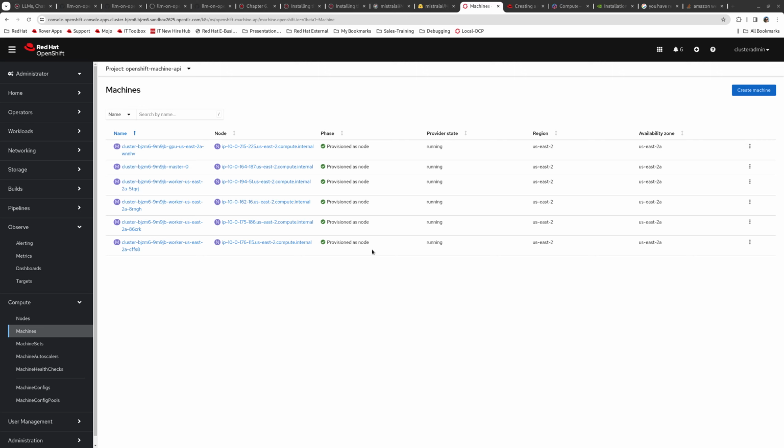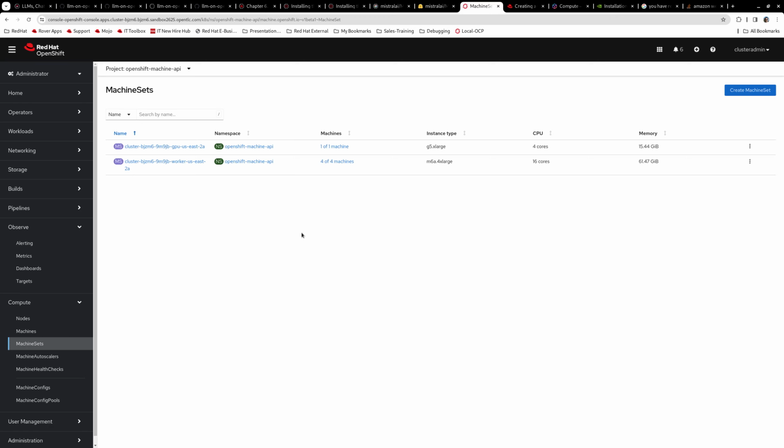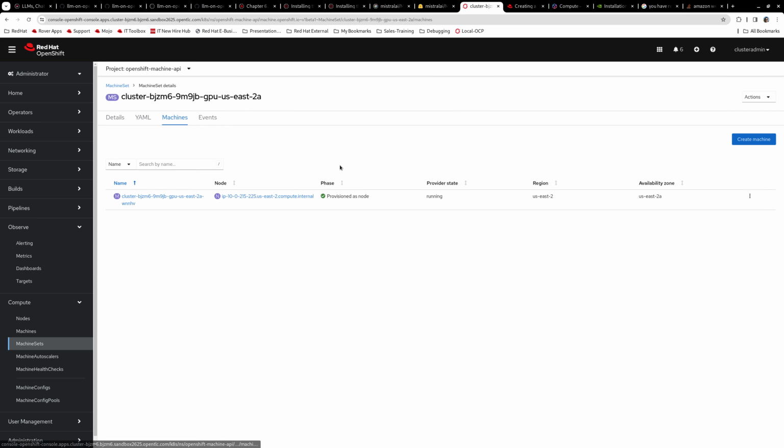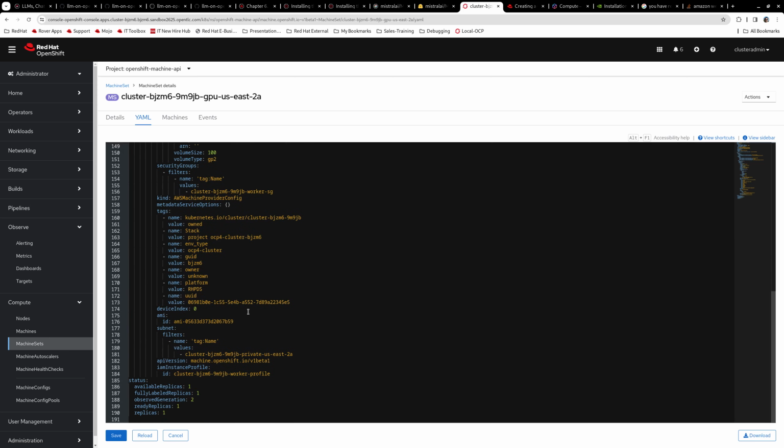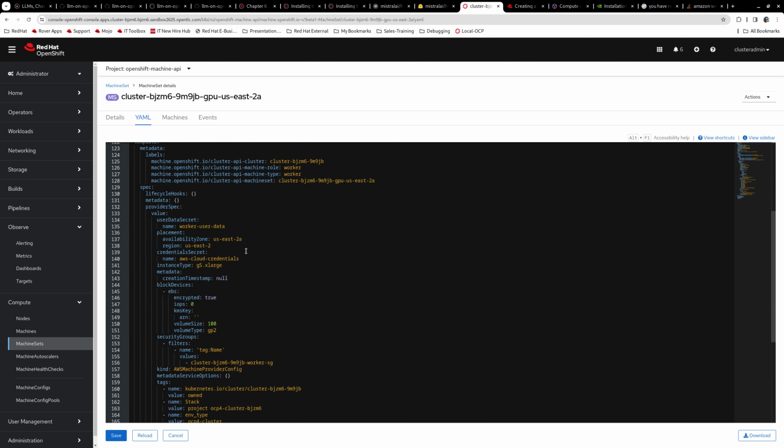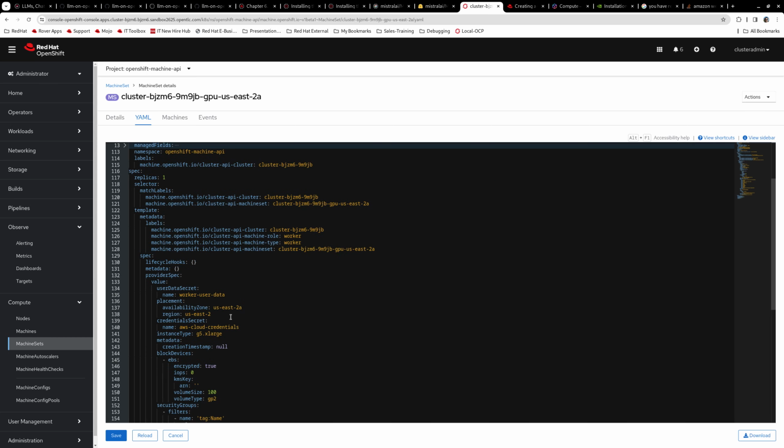So the node is now provisioned. However, it turns out that I had a limitation on my account, with the credentials and the setup that I have, so I had to change the machine type instead of G5 4x large to just G5 x large. So the machine set was already defined. Easy way to change that was to just come into the YAML definition here and scroll down to the type of the machine and the specs. And here, instead of G5 4x large, just change it to G5 x large, save,